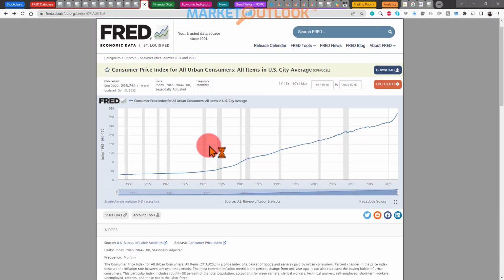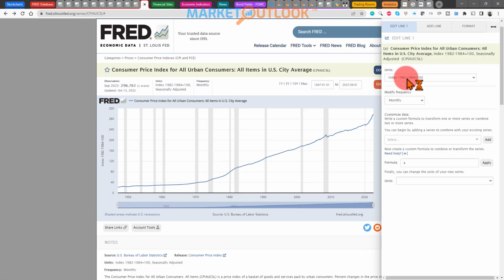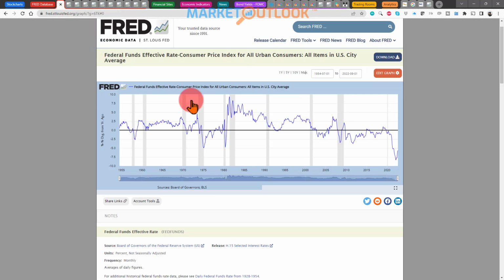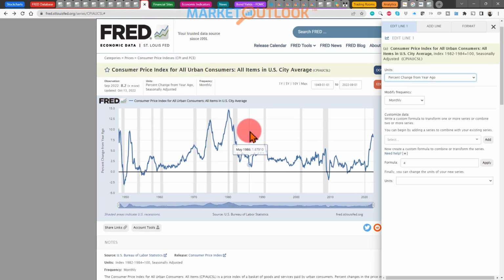You ended up, because of that, with a double dip of inflation. Powell specifically mentioned this. You got inflation coming down, so they stopped raising rates. They didn't get the real Fed funds rate into positive levels. They kept it right there because they were pressured, and they admitted as much. And then because of that, they ended up with a double peak of inflation that eventually Volcker had to come